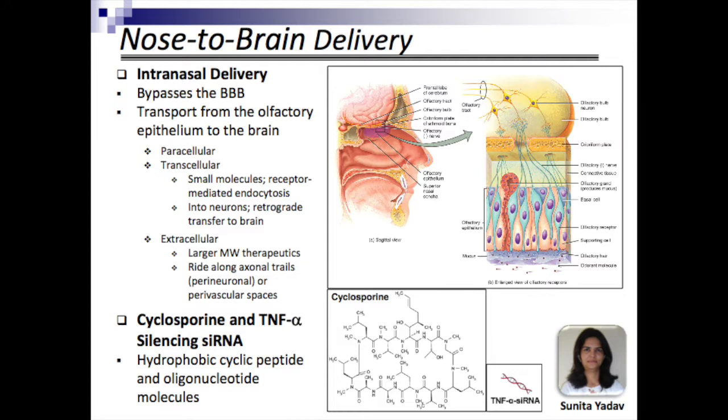And especially with potent molecules like peptides and siRNA, which I'll talk about, you can have a substantial amount of the molecules delivered into the brain, and more importantly, have a therapeutic response from these molecules, and it also helps to prevent systemic side effects. And I'll talk a little bit about that in the context of neuroinflammation in the example of the molecules we have used. So our approach has been to use cyclosporine and TNF-silencing siRNA, delivered intranasally into the brain for treatment